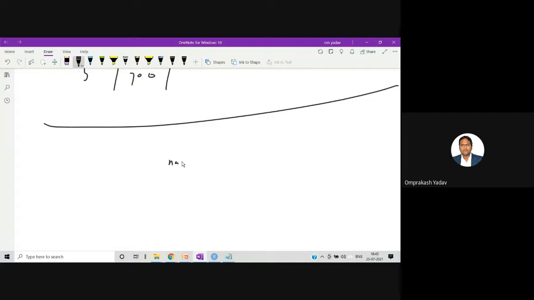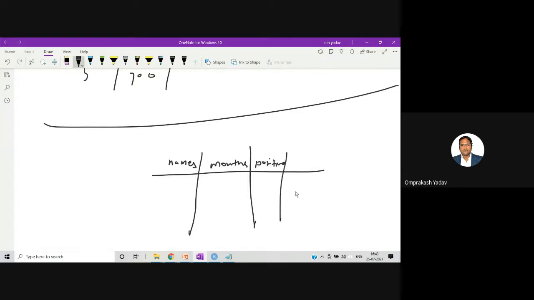So here I'll have the names as the first column, then let's say month, then I'll have positive, then a negative column, positive and negative columns. I'll write here the names of the cities, then the month, then the number of positive cases in that particular month, then the number of negative cases in those months, right?